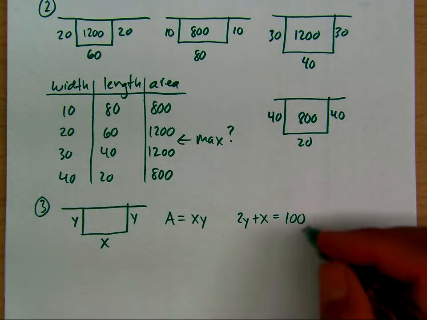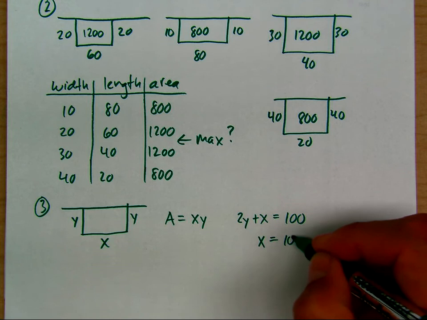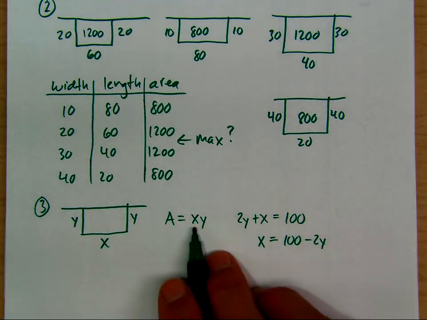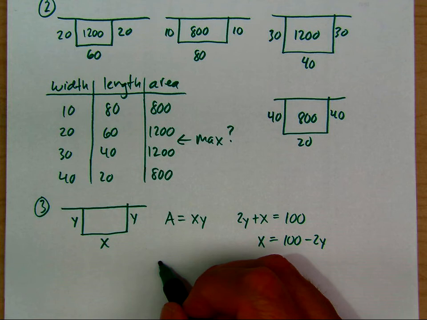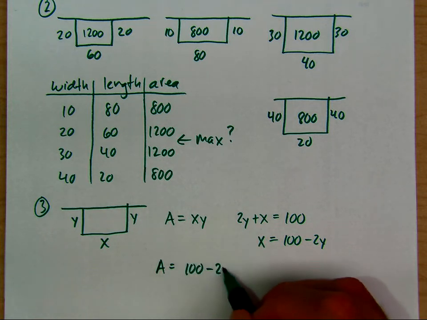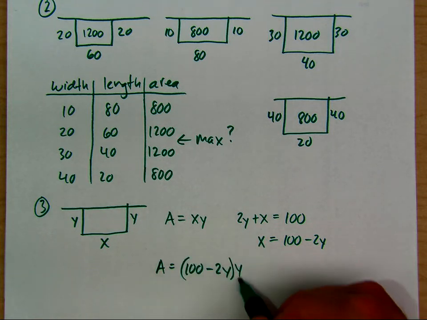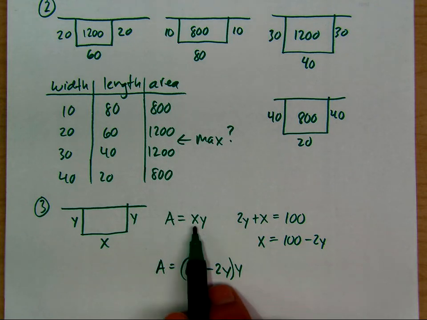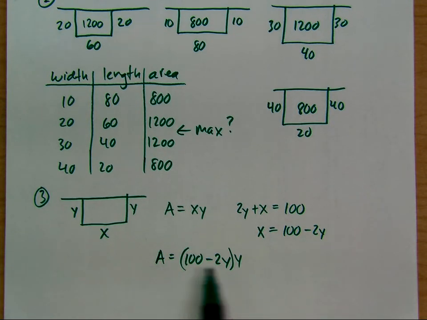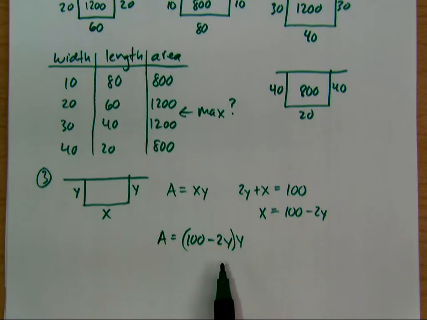This allows us to solve for x, and then we can substitute for x over here. In place of x, put 100 minus 2y, and now we have an equation with 2 variables, and we can